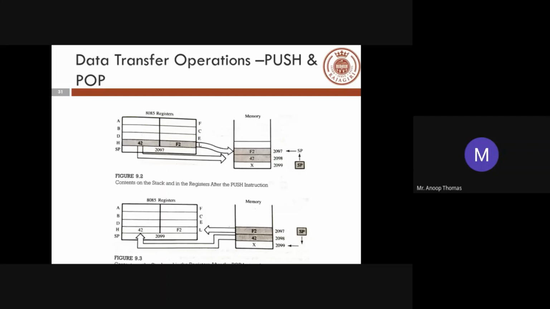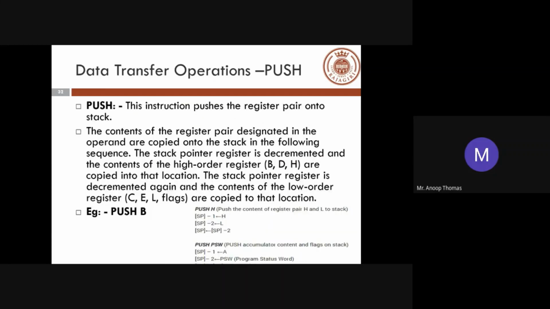I'm not going to the further details of it. So when you push things, the values are decremented. So it was 2099. After the pushing operation, it is 2097. It's a decrementing stack. So you have a top address. You keep on decrementing the stack address as your values are pushed in. And when you pop, your stack is incremented. So now you have 2099. Okay. So when you push, the address value decrements. When you pop, the address value increments. It's a reverse direction. Just understand that it's a reverse direction. So this is with respect to your push and pop.